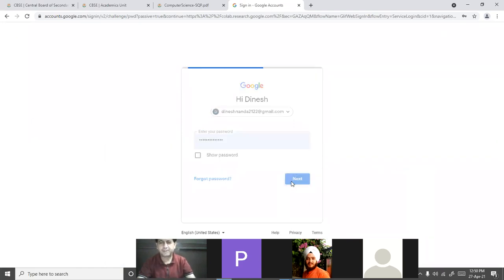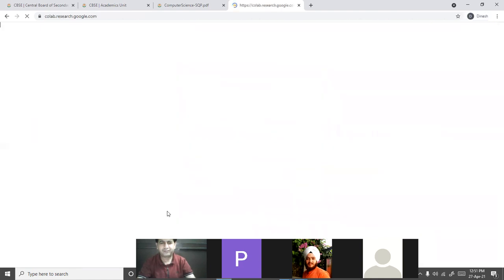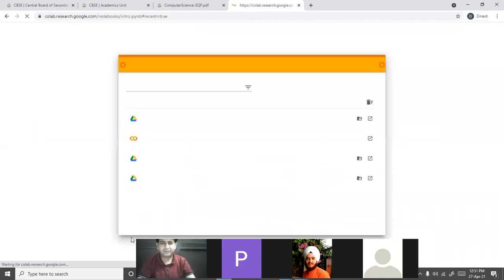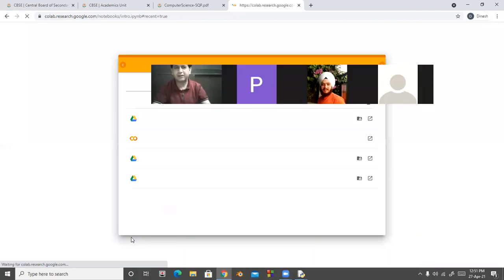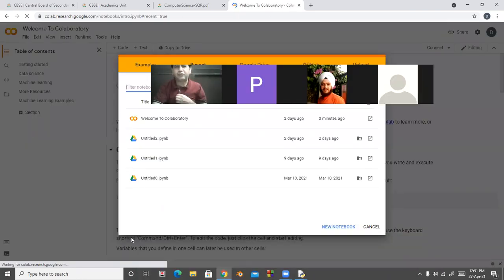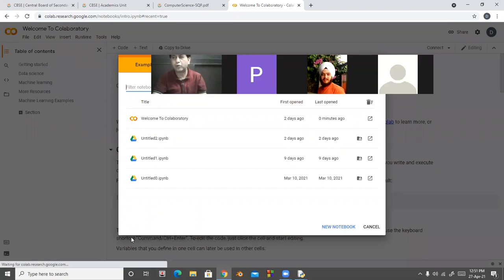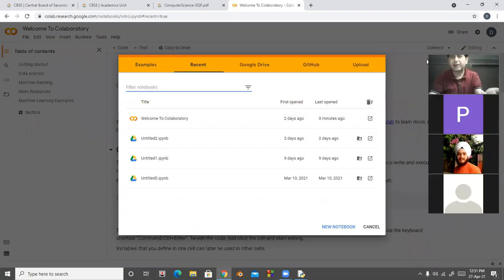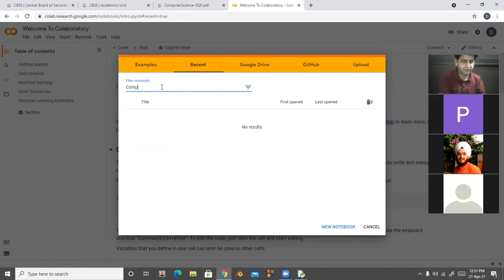Insert password. So look at here. You can create a notebook, just like a collection of programs. So now I'm giving here computer +2, new notebook.